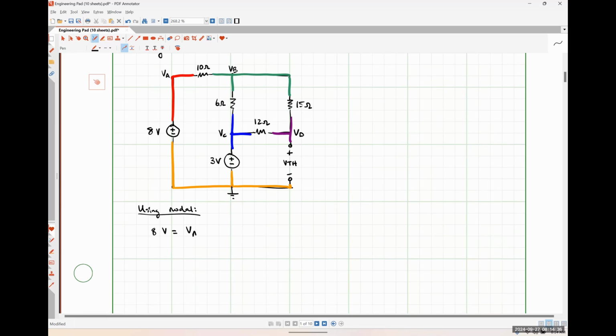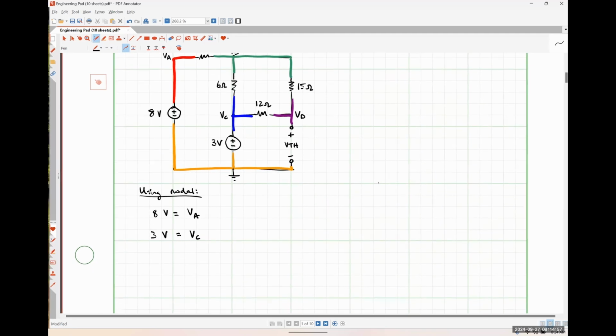Yep, so 8 volts is equal to VA. What's our voltage relationship equation for the 3-volt source? VC is equal to 3 volts. Absolutely right. So applying KVL at our remaining non-reference nodes, so that would literally just be node B and node D, we would have